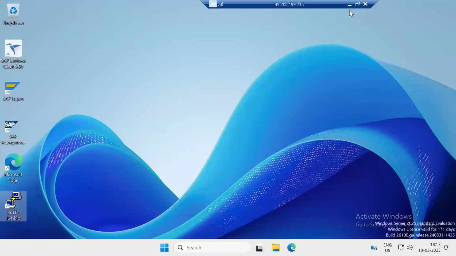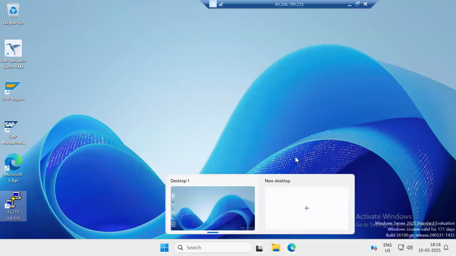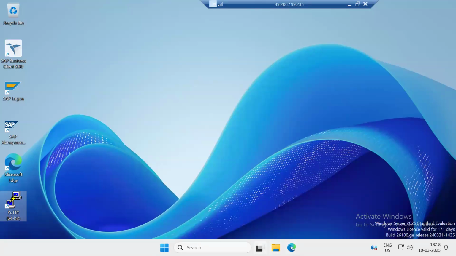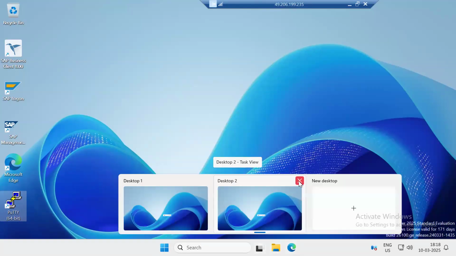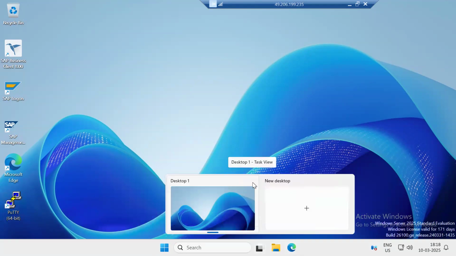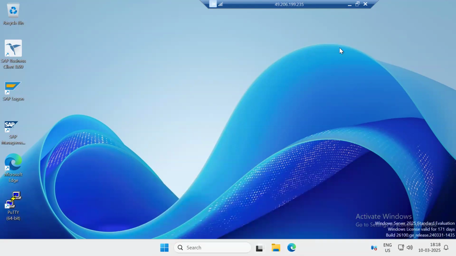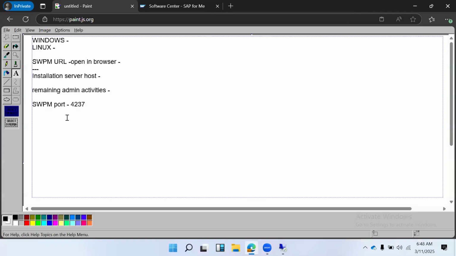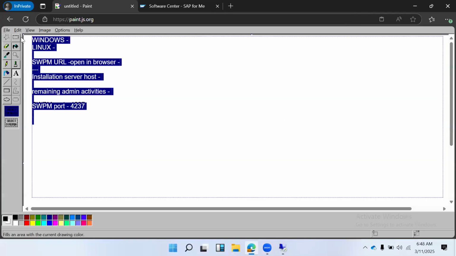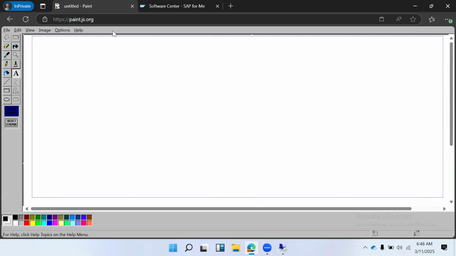So tomorrow we'll start the installation. Now you see the differences. Since I need to create the user IDs, you can test how to access and everything. But today, just log in and validate your user credentials and everything. Then tomorrow we'll start the SWPM again and continue the installations. Whoever has still not updated your credentials